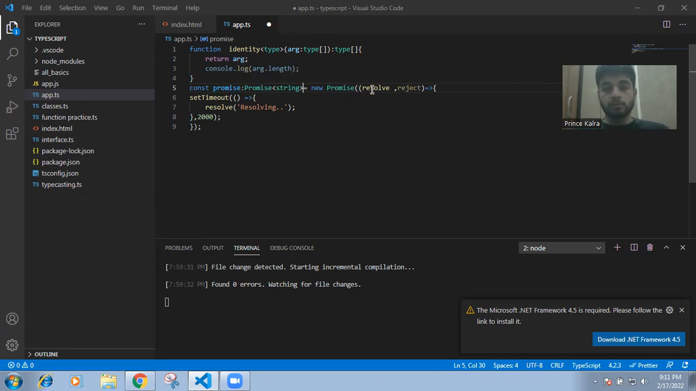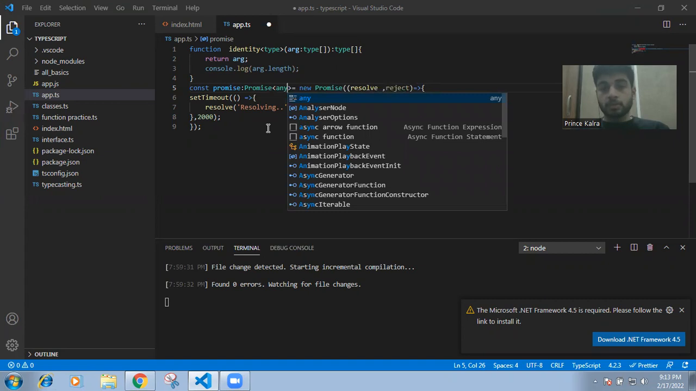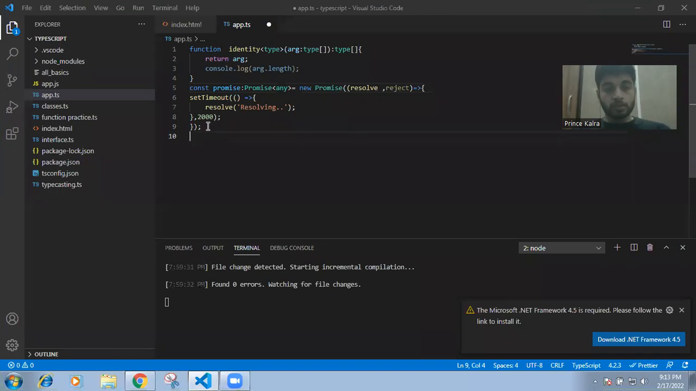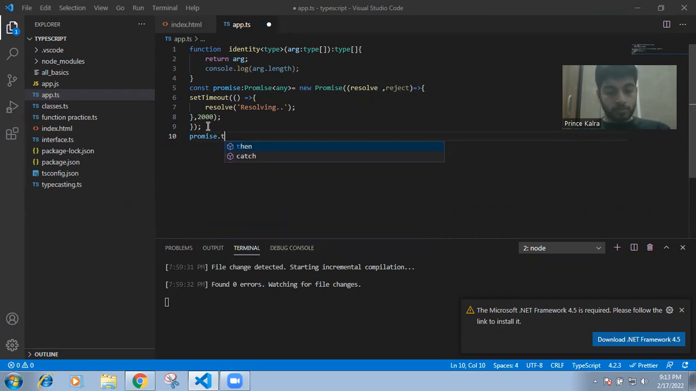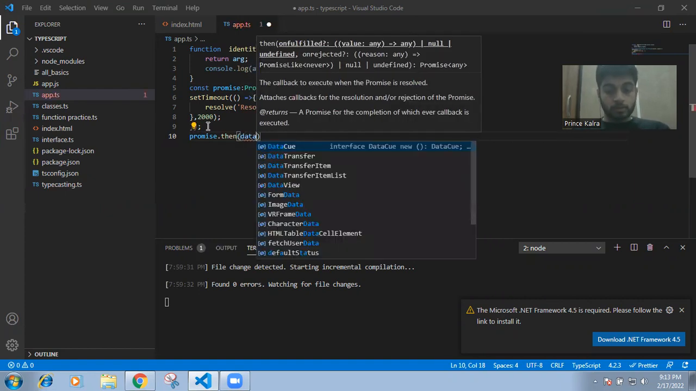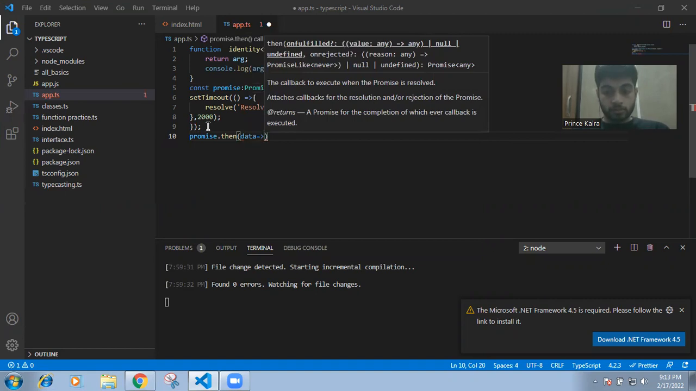Now resolve will be resolving a value that has the type, which is a string here. And let's say if we do not define a type, it's taken as any here. So any means that it will return any type, so returning values as any. So if we call our promise function, that is input by then, and it will